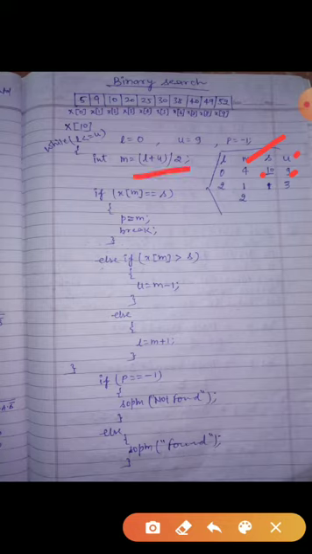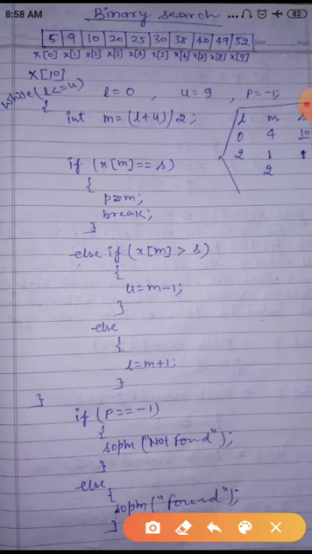So now you find out here X[M]. What is the X[M]? M is 4, the middle index, this one. Okay, so the value of X[M], M is 4, so X[4] is what? 25. 25 is compared with S. What is S? The S will hold the number which you want to find out, which you want to search in the list. My dear, you know, if you want to search any number, first you need a list, then you need a number which you want to find out. The number I have taken in S.